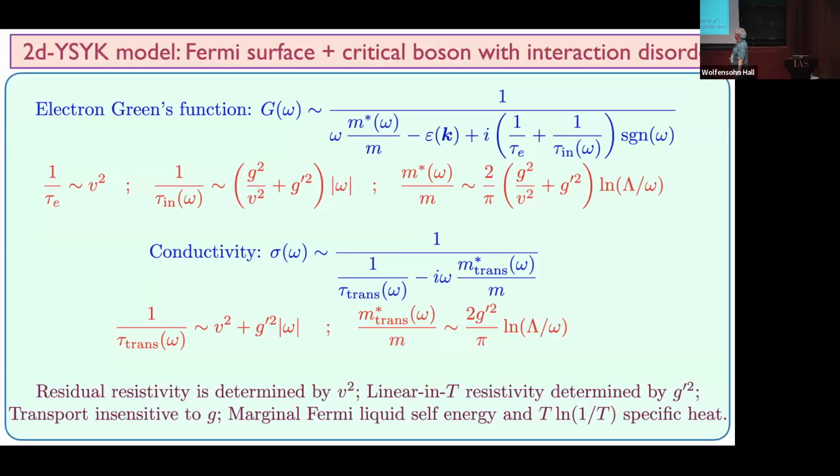These are the results. This is what the Green's function is. That's what the transport is, and it's a marginal Fermi liquid as far as the self energy is concerned. But it just turned out that the transport properties of a marginal Fermi liquid had not been done properly before, and that's what we've shown how to do correctly. First of all, we didn't postulate a marginal Fermi liquid. It comes out very generically from our calculation.